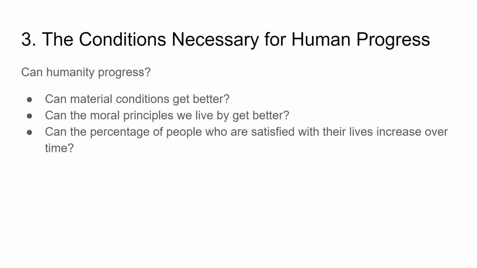Okay, the third argument, right? We said there were three arguments in favor of the harm principle. The third argument is to think about what broad conditions are necessary for human progress. Of course, that assumes that humanity can progress, right? But one can assume that material conditions get better and that people get somewhat happier with better material conditions as they take it out of poverty, starvation, poor medical care, poor health, right? Material conditions can get better.